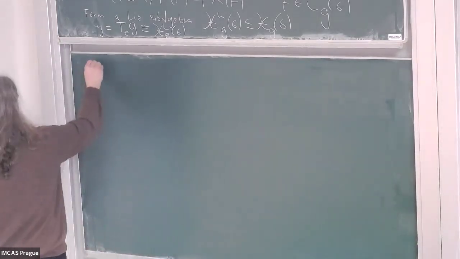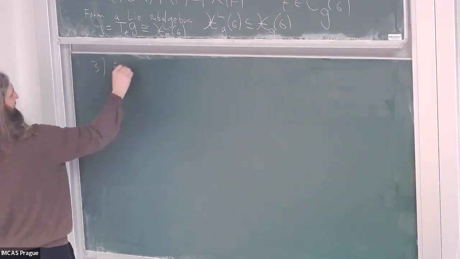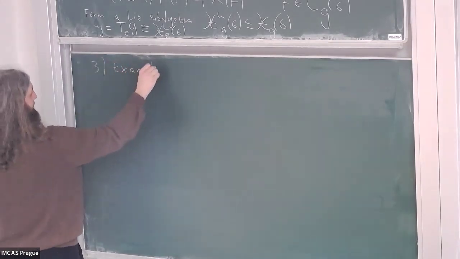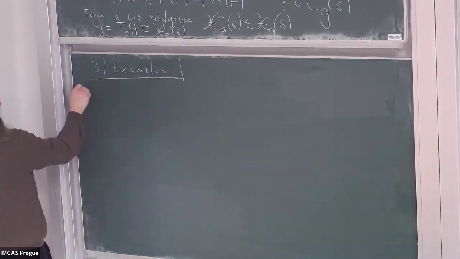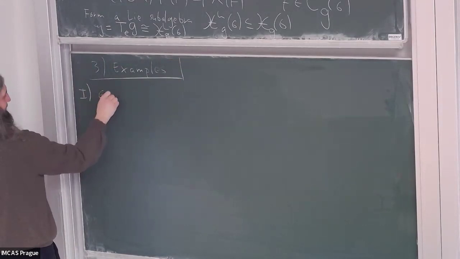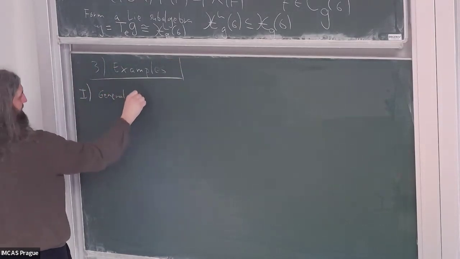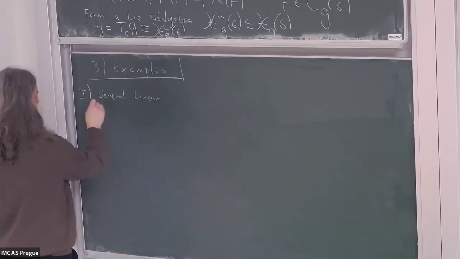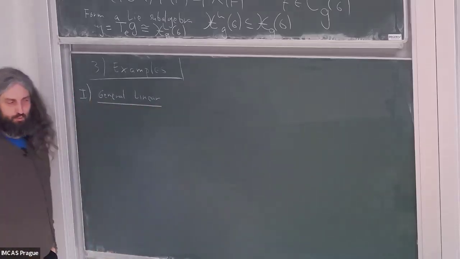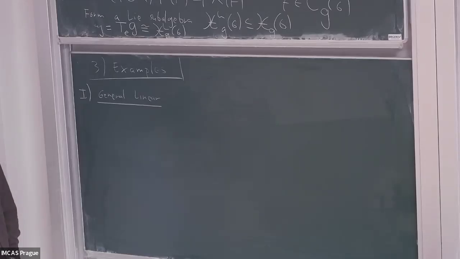So we are now coming to the third part, examples. And the first canonical example would be, of course, the general linear graded Lie group, right? So you would like to find a graded Lie group such that its Lie algebra is the algebra of